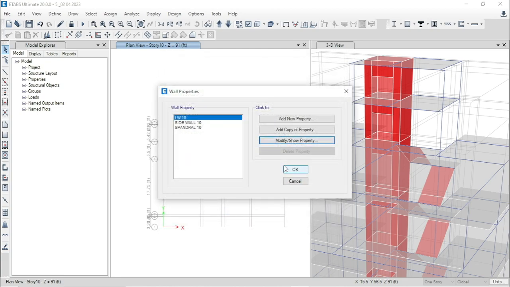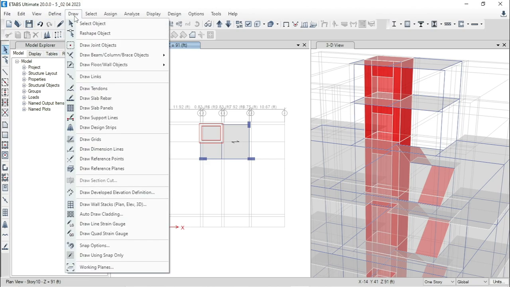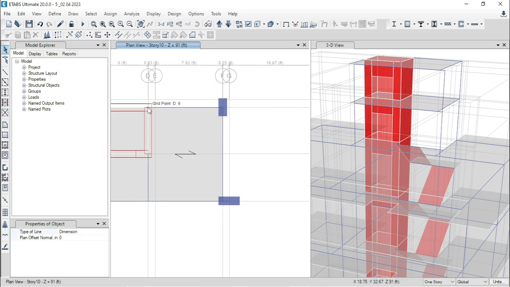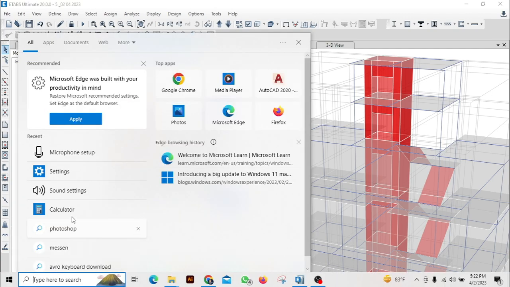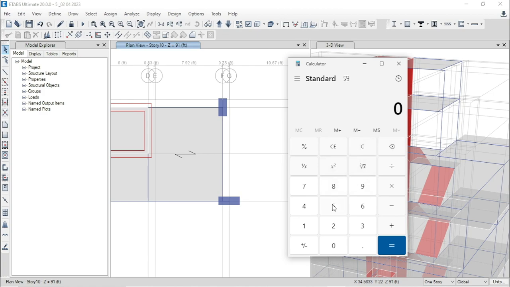Let me explain why I am taking shell thick here. Go to Draw Dimension Line. The length of this panel is 8 feet 9 inch. Go to calculator: 8.75, multiply by 12, then divide by 10.